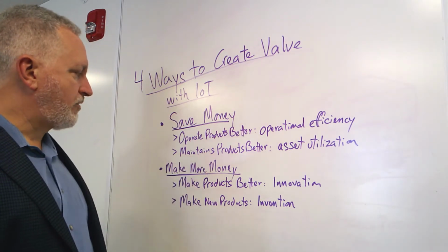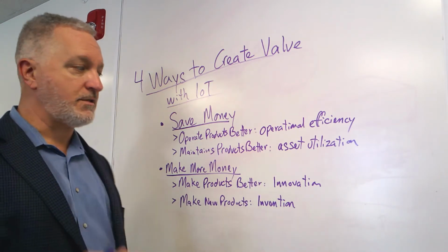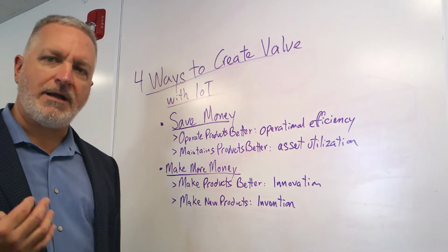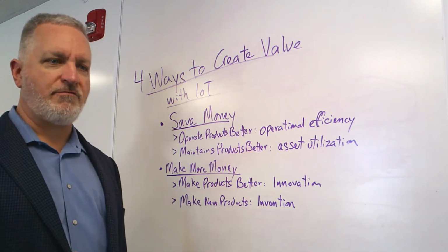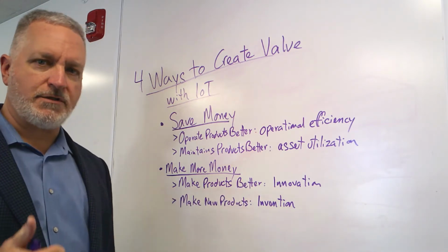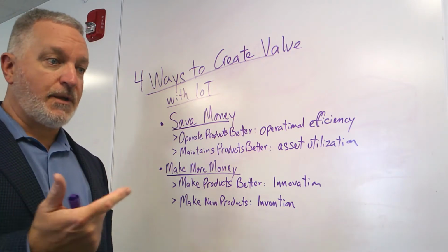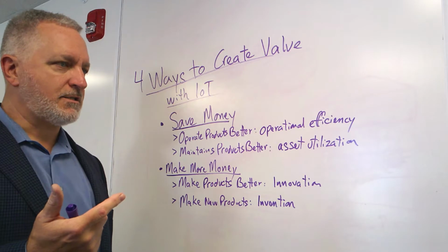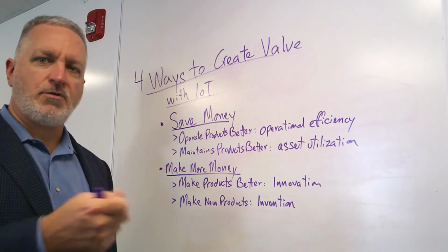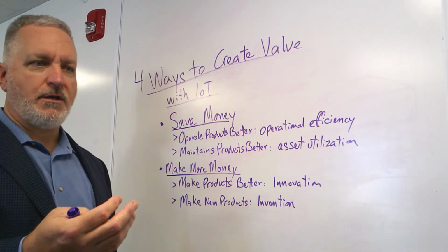On the category of making more money, typically this is something that's used for OEMs with their products in the field, where they'd like to make their products better. Getting data about how that product is actually used in the field is really helpful. Once they're able to get that information, they can understand if it's being used in a way that they didn't expect or being misused. And especially if it's used in a way that they didn't expect, they can realize, oh, wow, a customer actually might need this other feature. We could create this other feature, maybe charge more, or at least be more valuable to the customer, differentiate ourselves